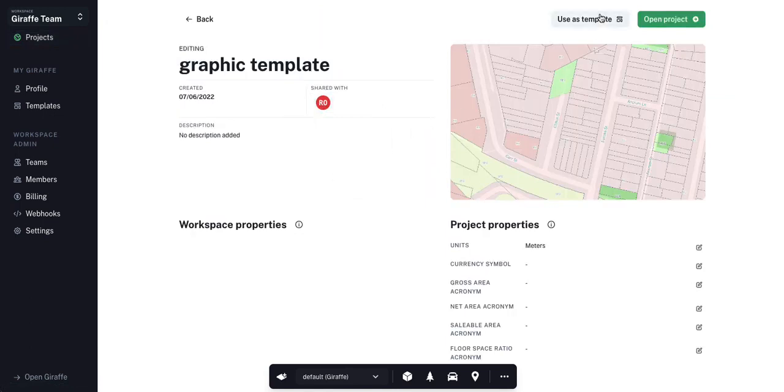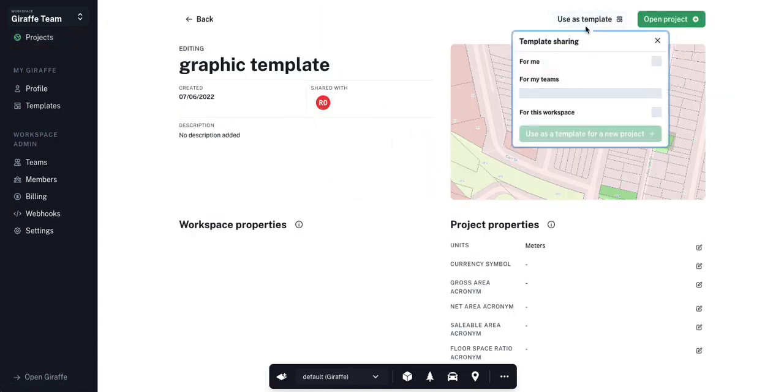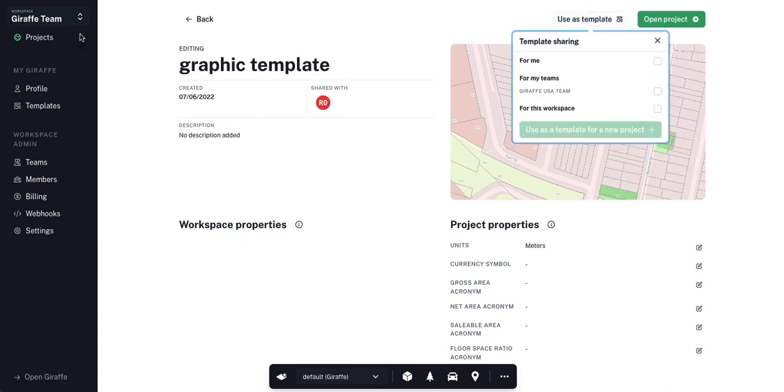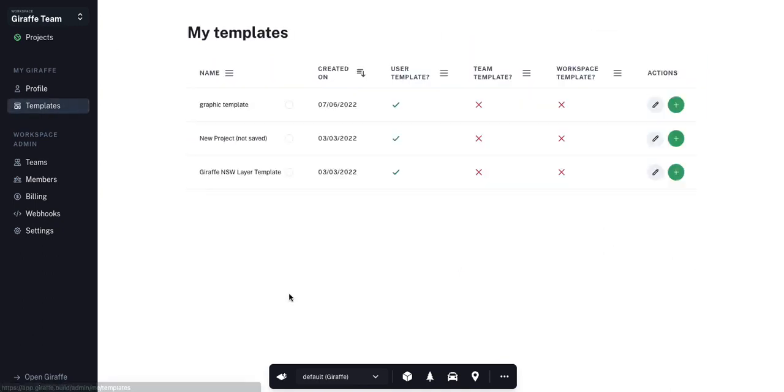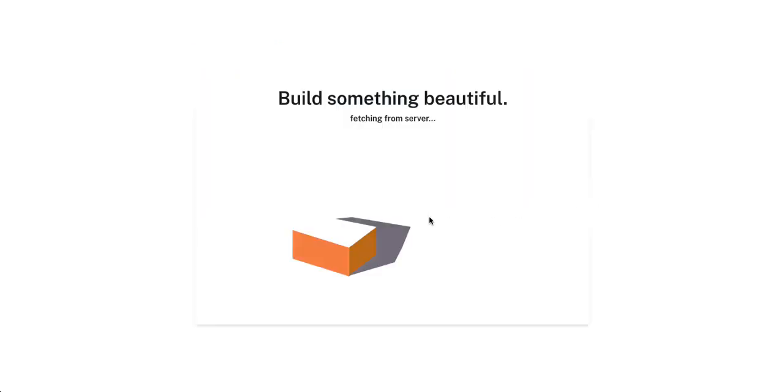To set it as a template, I'm just going to click use as a template. Now, because I'm an admin of the Giraffe team, I can set it for everyone in this entire workspace, or I can create a team and share it with that team, or I can just use it myself. So why don't I just use it myself? And now if I come back to my templates, I have this graphic template as a template, and I can actually click on this to create a new project from the graphic template,